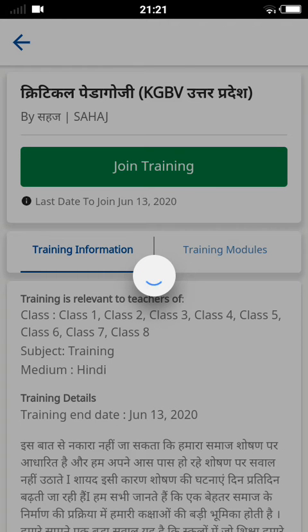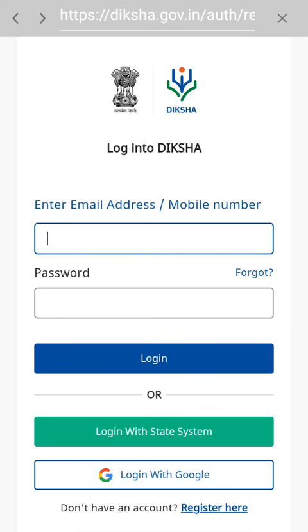So you have to log in compulsorily. If you have made the account before, you do not have to go to the register here option. But if you have not made an account and you are doing it the first time, at the bottom you can see the register here option. So you have to click on the register here option.